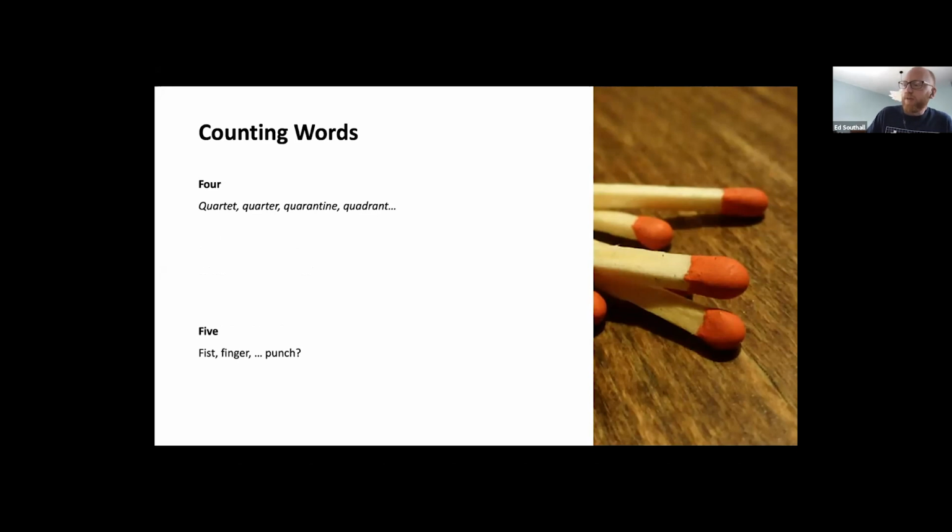5's a weird one. There's not many words that utilize the 5, but we have fist. Fi is the same prefix, and finger as well, same reason. And we also have punch, which is a bit weird. The drink punch is related to the number 5 because traditionally it used to have 5 ingredients. And whilst punch doesn't have a phi sound in it, it's because it comes from a different language of origin, but it is still meaning 5.